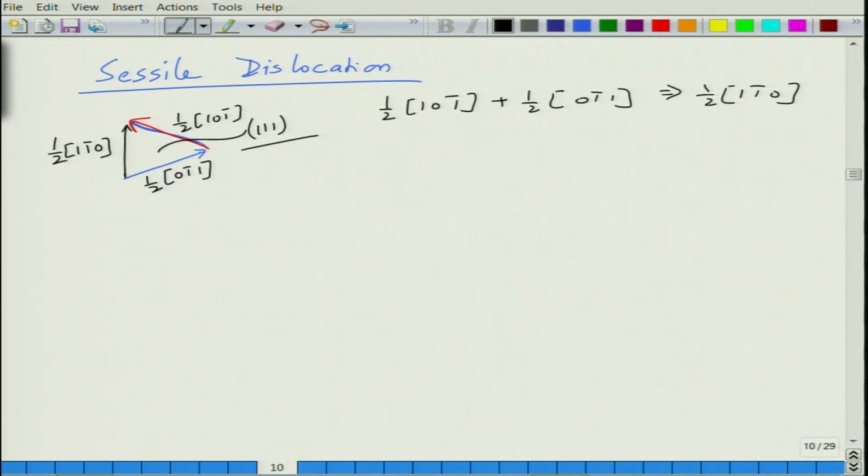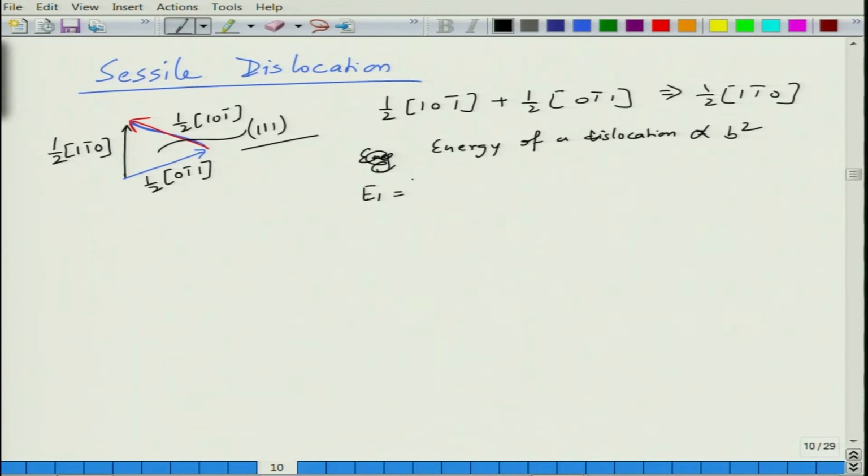Okay. So, if that happens, then you form a new dislocation, and the energy of a dislocation is proportional to b squared. Basically it is half G b squared, so it is proportional to b squared. So, essentially if you look at the energy, E1,